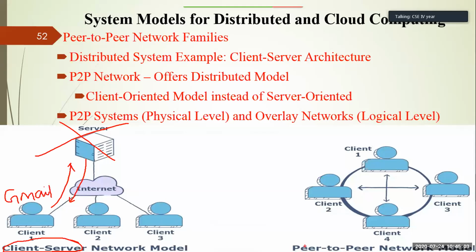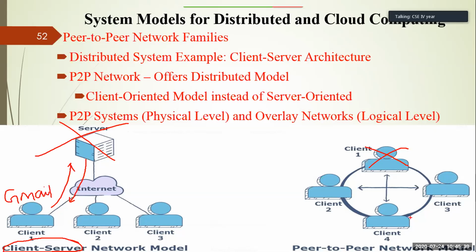But whenever you go to the peer-to-peer model, there is no primary and there is no secondary. There is no client and there is no server. Each computer can be treated as a client, and each computer can be treated as a server as well. So if a computer fails here, it will not affect client 3 and client 4. In that manner, a P2P system is much better in comparison to your client-server system, right? So if you go for distributed systems, generally distributed systems are called your client-server architecture. But nowadays, the distributed models are implemented in the P2P model.